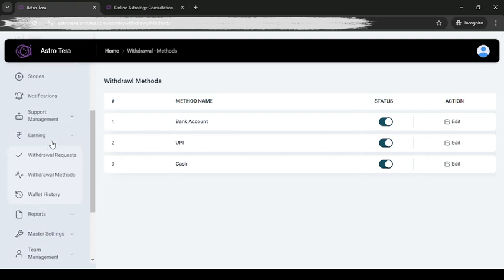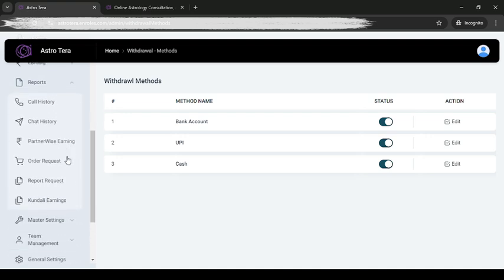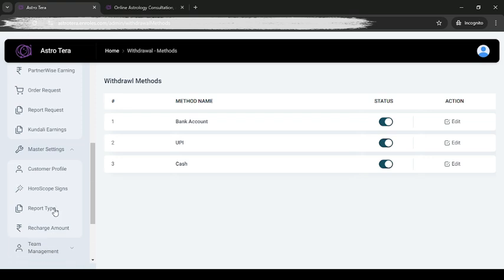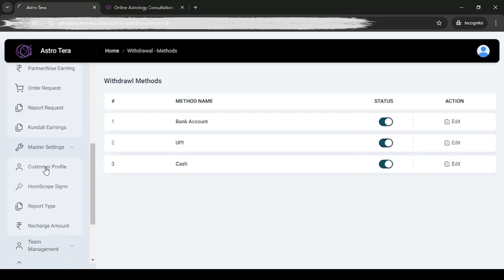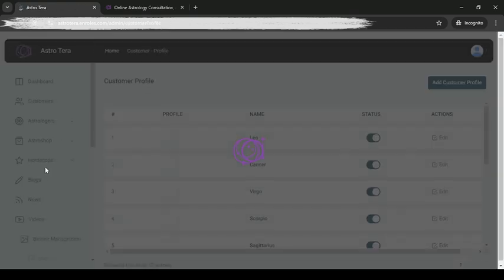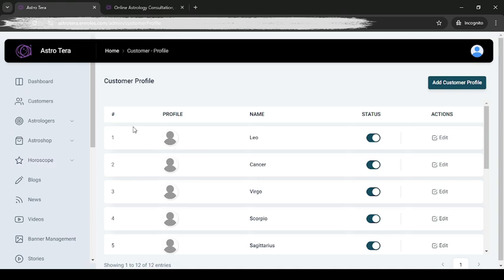After that, here you can check reports, like call history report, chat report, partner wise report and all. After that, we have some settings. Let me show you the settings. Here you can check all types of customer profile.